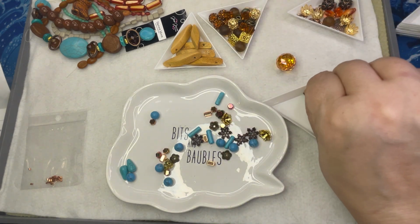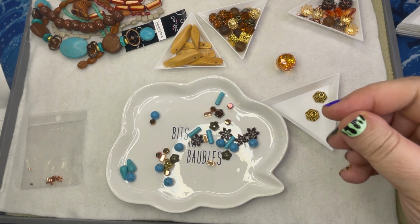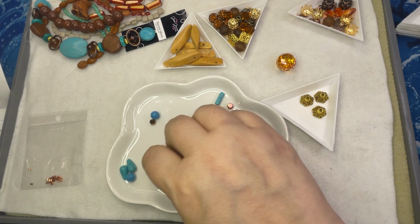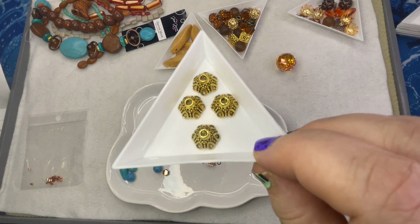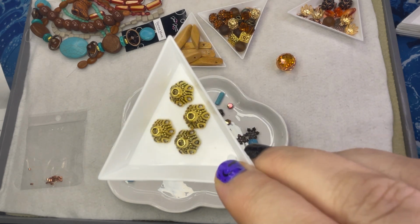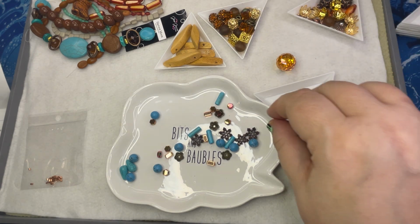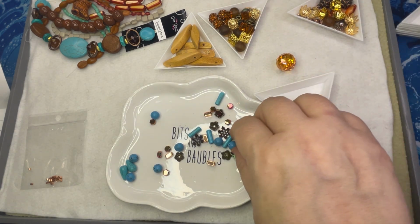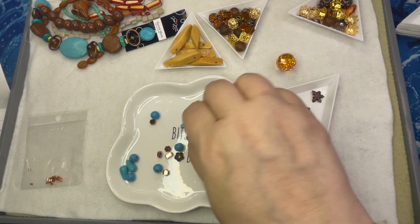Lots of bead caps in this one, which is great because I love to mix the metals, and to get a bunch of different bead caps, you can do that pretty easily with the kit. Isn't that neat? I like those. So you've got copper, bronze, and gold so far. Here's a deep copper. Also,